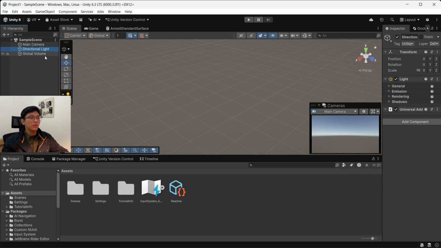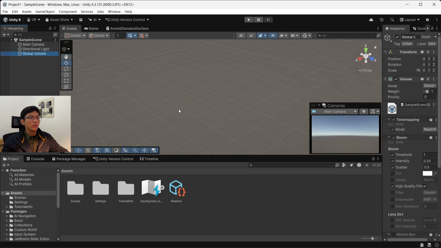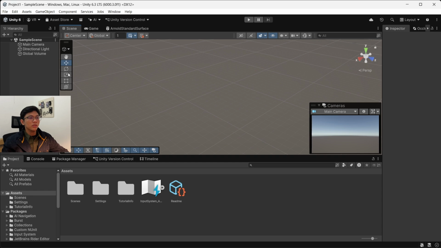Next, there is the directional light. Directional light is a light source that illuminates the entire scene evenly. It simulates sunlight with a fixed direction. The position of the object does not affect the light direction, only its rotation does.